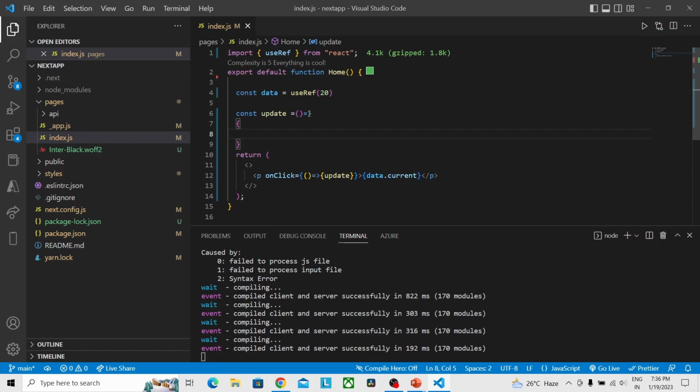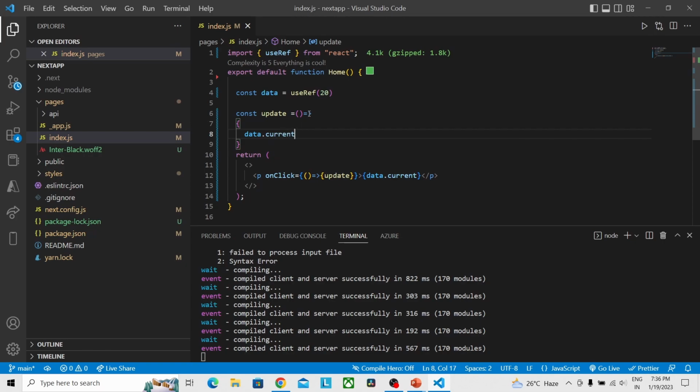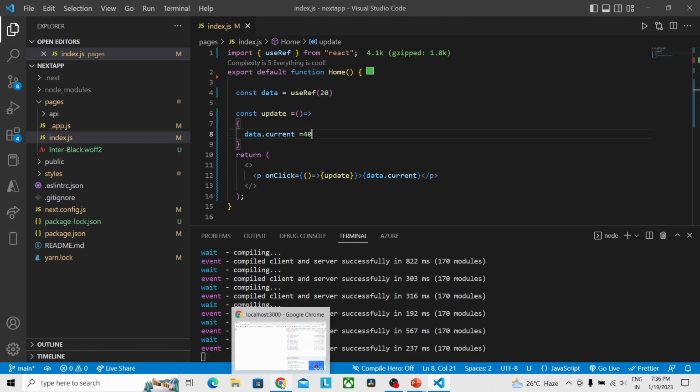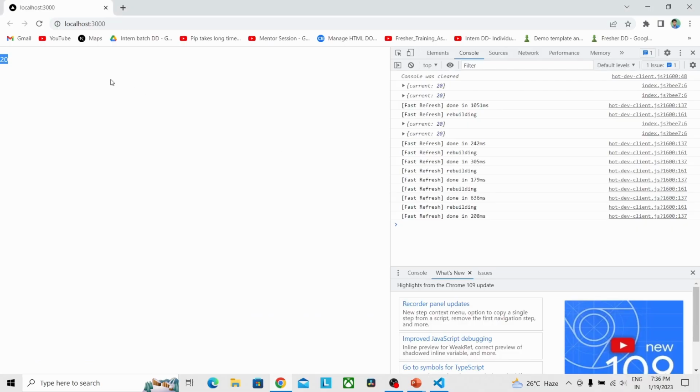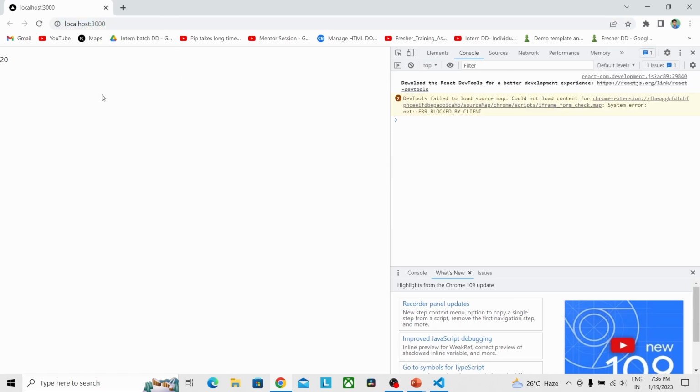Here I am going to provide data.current equal to 40. Let's go to the browser and refresh the page. By default we have the value 20. After onClick the value should be changed